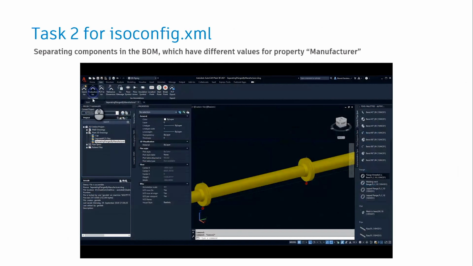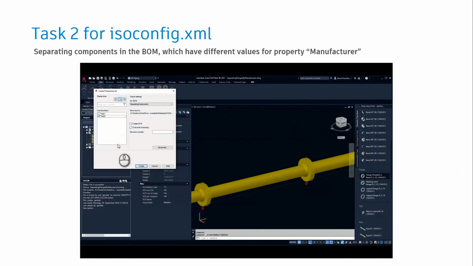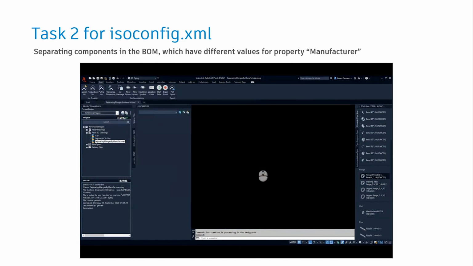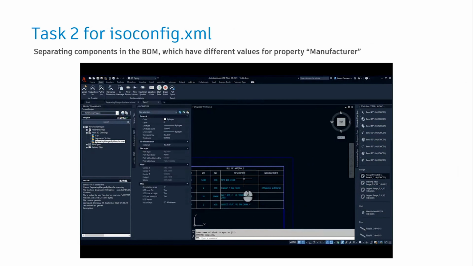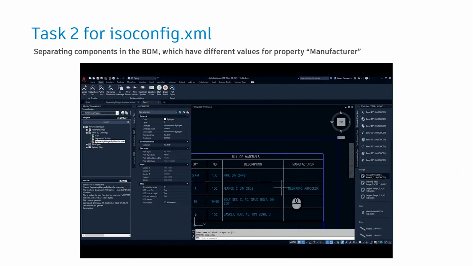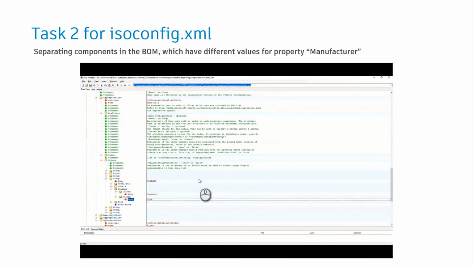So without any configuration, we are just creating an isometric drawing. The flanges are listed in the bill of material in just one single row. And for the column manufacturer, we have both different values in one field, desk auto, Autodesk.